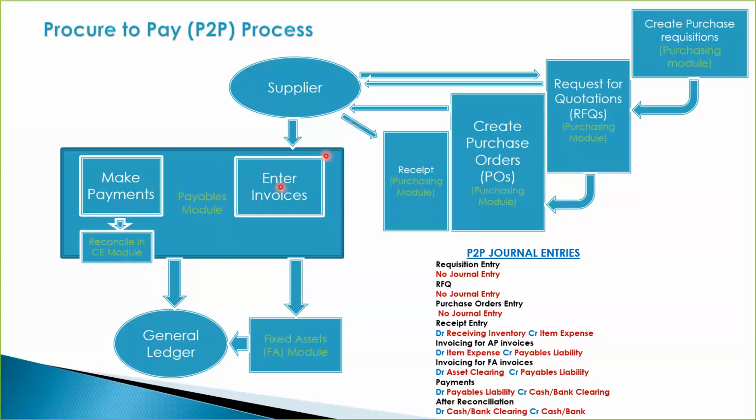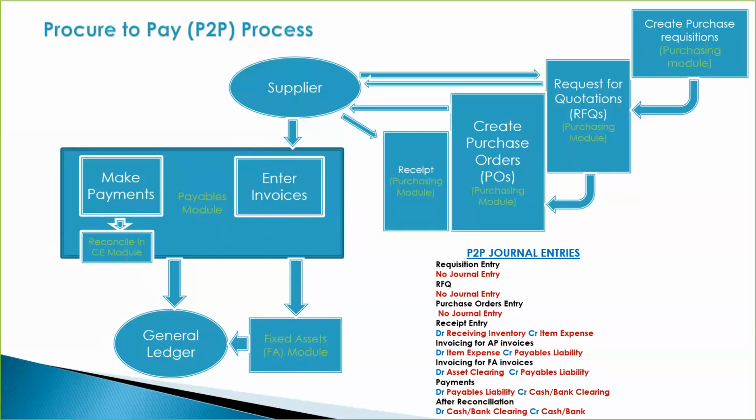So the capital item, in this case the vehicle transaction, that invoice would be sent first to the fixed assets module. Once it goes to the fixed assets module, it will be capitalized into an asset, and then that transaction would be sent to the general ledger. So the capital item would be sent to the fixed assets module. There is a way of doing that. As part of this